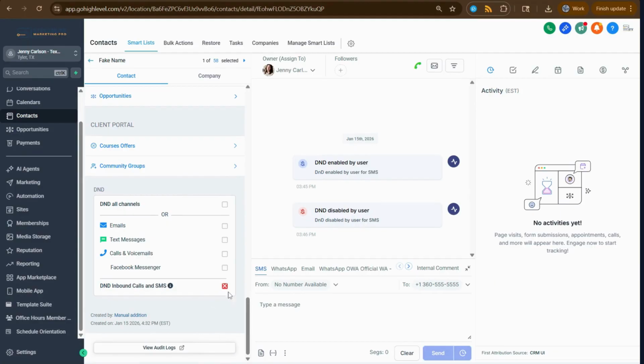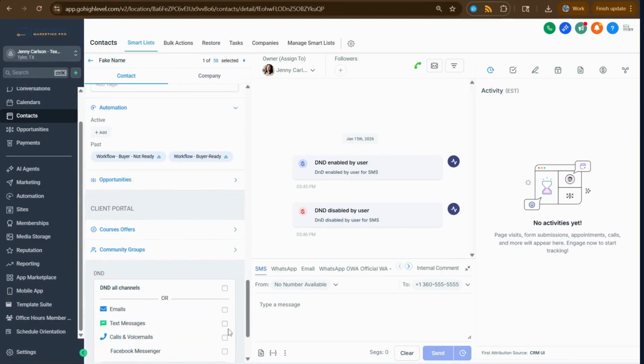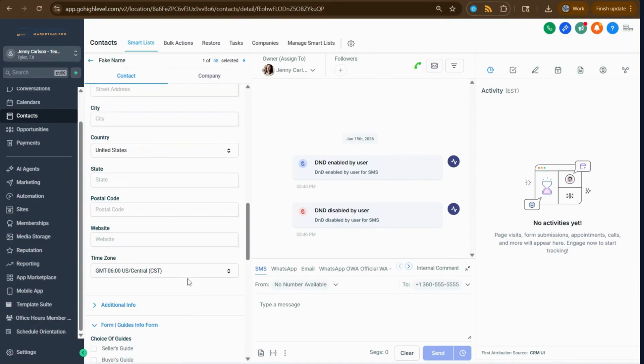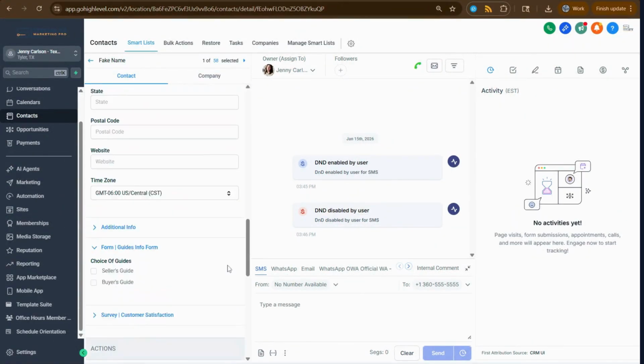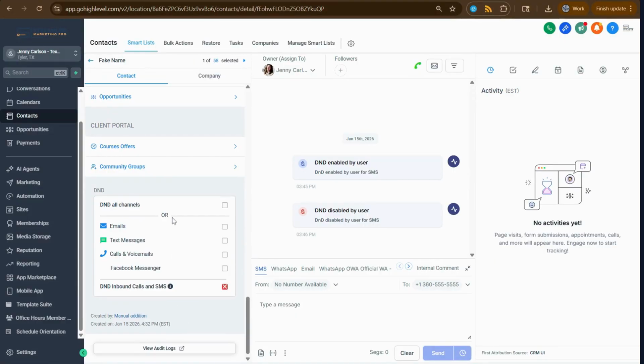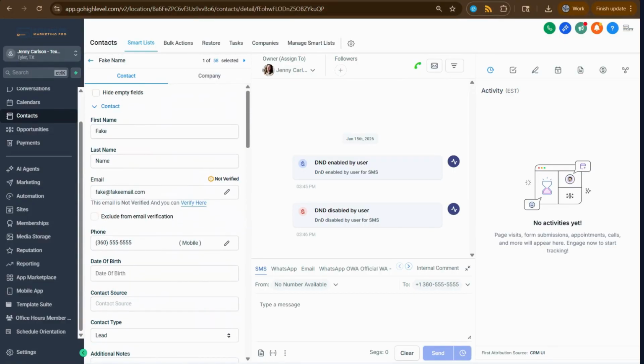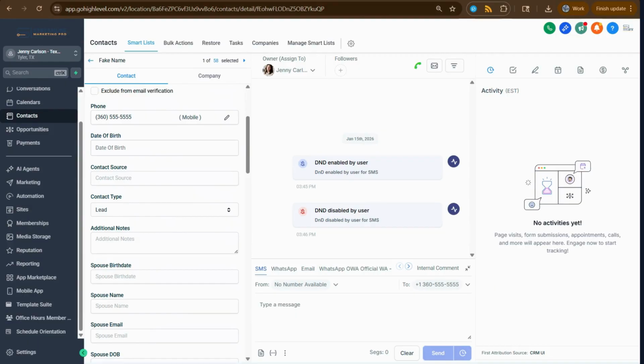So as soon as you click on save, all the changes that I made, which was basically just this and maybe a couple check marks up here, all of those are now saved in the system. So that is your contact, left side of the contact record that goes all the way down, all those fields. In the